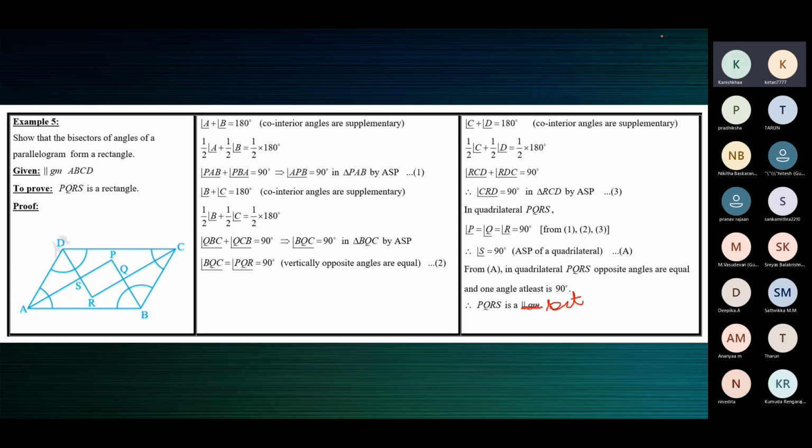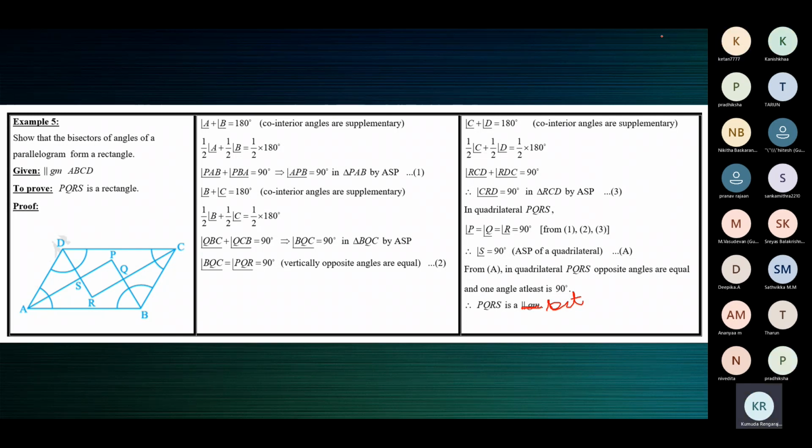Ma'am, under given what all to write, ma'am? Yeah, write down, Arav. Have you written parallelogram ABCD? Yes, ma'am. Now under that, the bisectors of angle A and B meet at P. Simple. Don't write the word angle fully, just write one for reference. Ma'am, after that we want to send all this which we have written. Yeah, I'll give you the instructions at the end of the class.